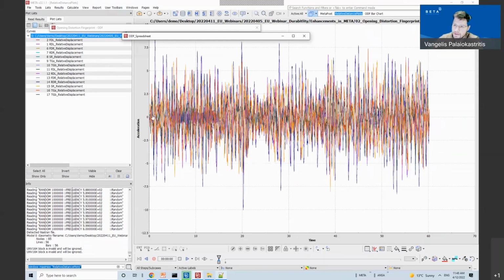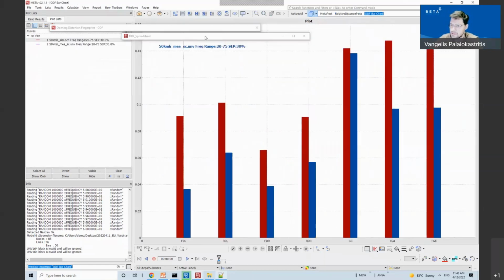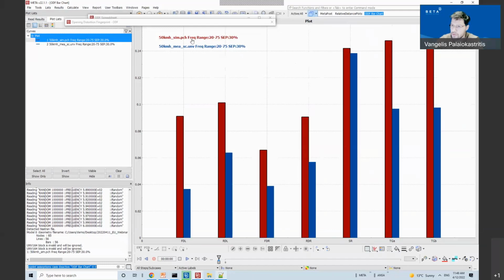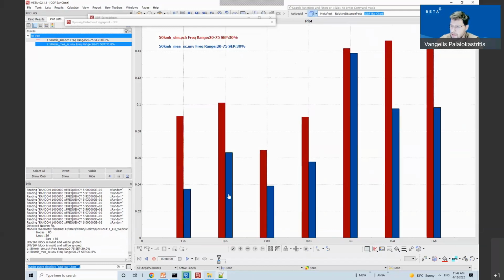So it is actually the relative displacement of the two nodes in the z-axis, the two nodes of its diagonal, and the ODF bar chart looks like this, and I can see the fingerprint for the simulation and the test.